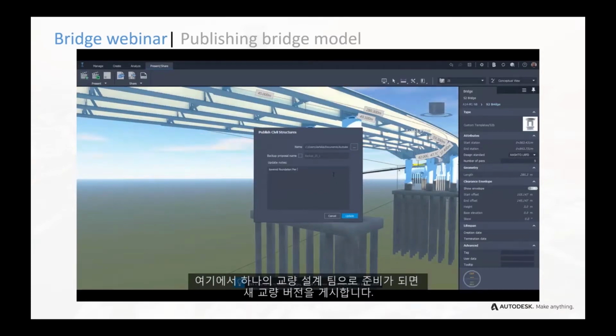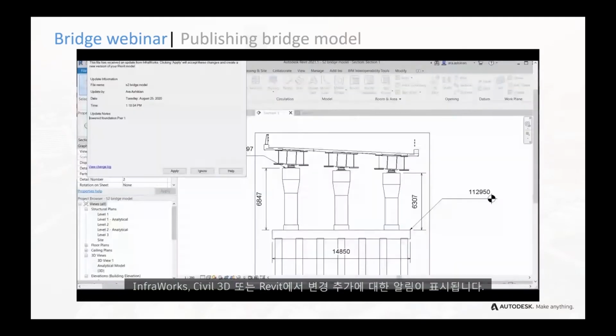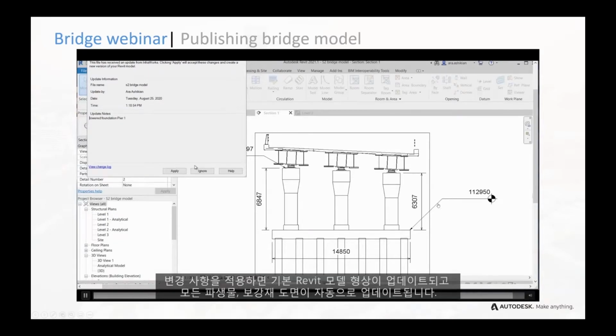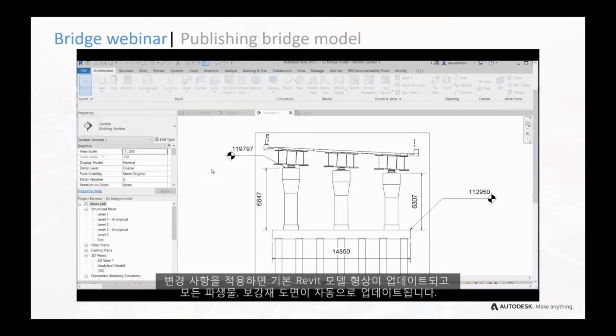So here, when we're ready as a bridge design team, we're going to publish a new version of the bridge. Now, in Infraworks or in Civil 3D or Revit, you'll see that there's a notification that changes are pending. And if you accept these changes, notice the geometry and all the parameters are in the drawing here. When you apply the changes, the underlying Revit model geometry updates and all the derivatives, the drawings and the rebar